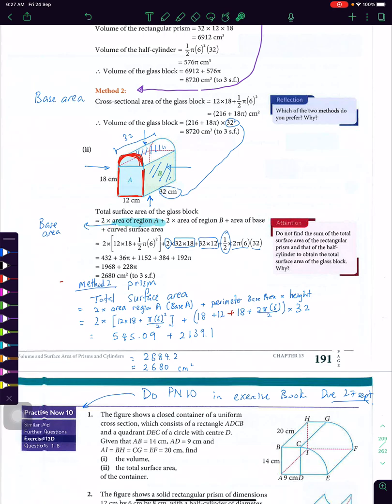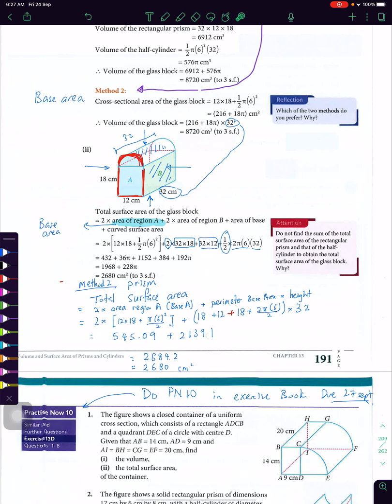So you can see I have base area A, which is the semicircle and the rectangle, but there are 2 of such areas, one at the front, one at the back. So I'll take 2 times the area of region A,